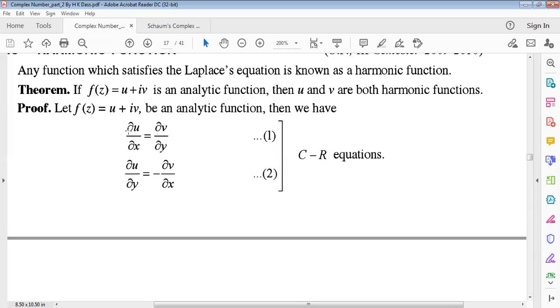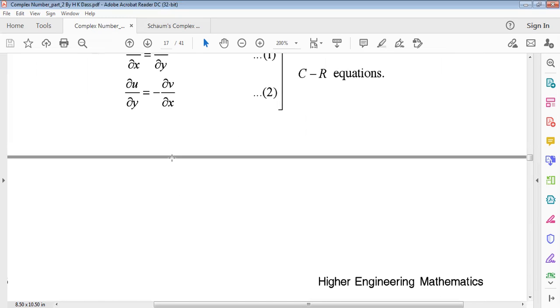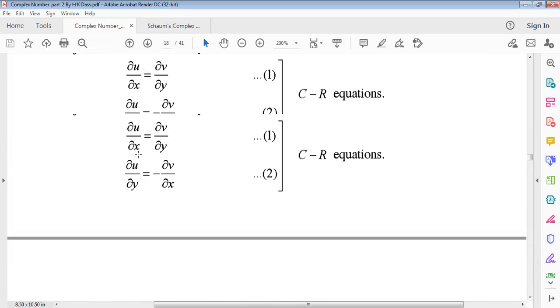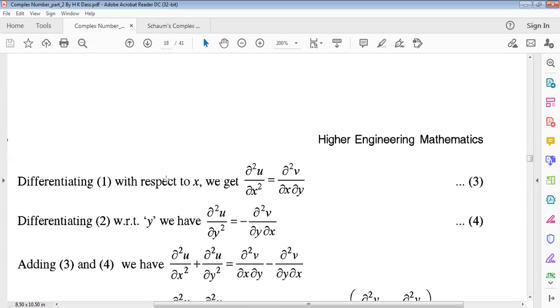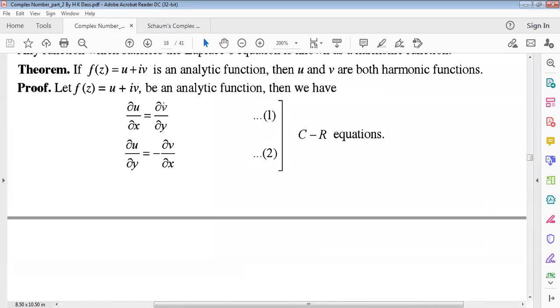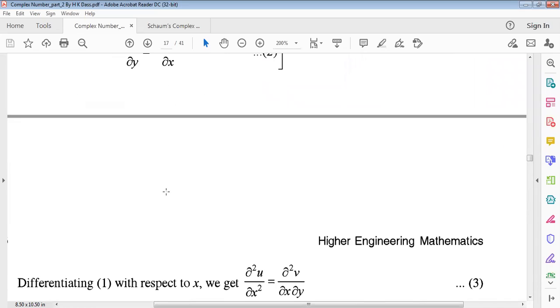Then we have from the Cauchy-Riemann equations, del u by del x equals del v by del y, equation number 1, and del u by del y equals minus del v by del x, equation number 2. This is the condition of the Cauchy-Riemann equations, remember it from analytic functions in the previous lecture. So differentiating equation 1 with respect to x,